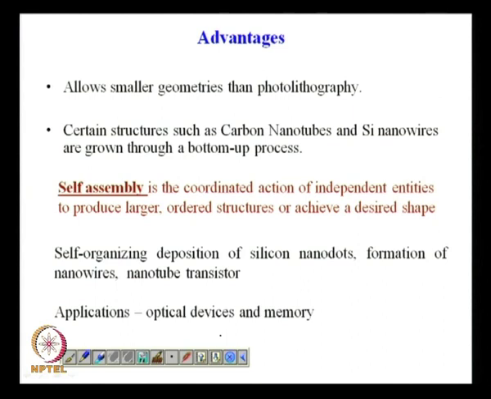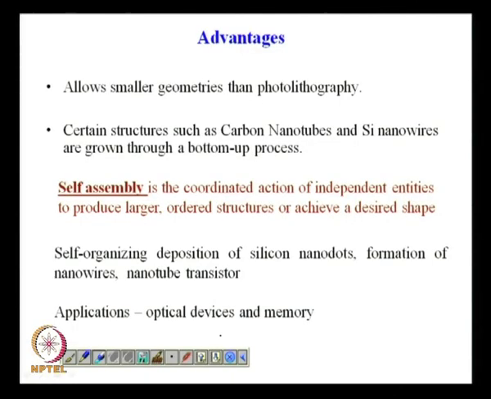If I would like to define self assembly, it is the coordinated action of independent entities. The independent entities could be a molecule, could be a cell, to produce a larger, and this is very important, ordered structure, and maybe it would lead to a desired shape like you or me. So, this is the self assembly process, and there are various examples of self assembly in terms of silicon processing, like formation of silicon nanodots, nanowires,